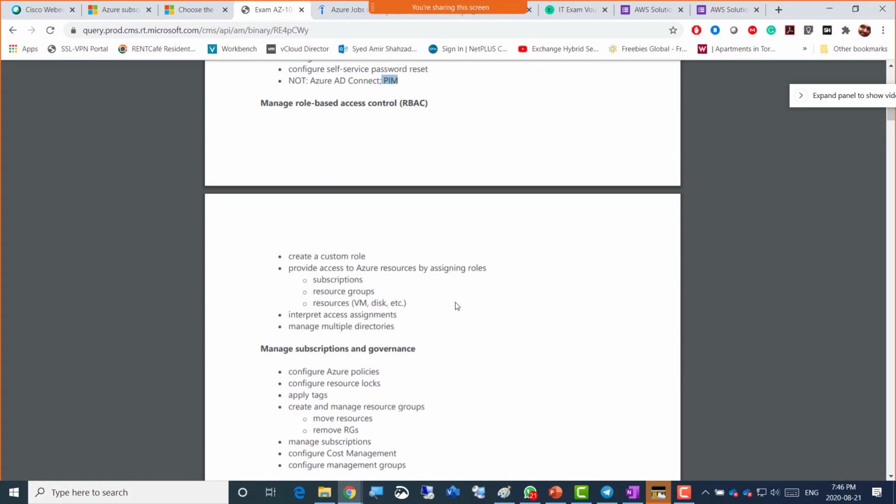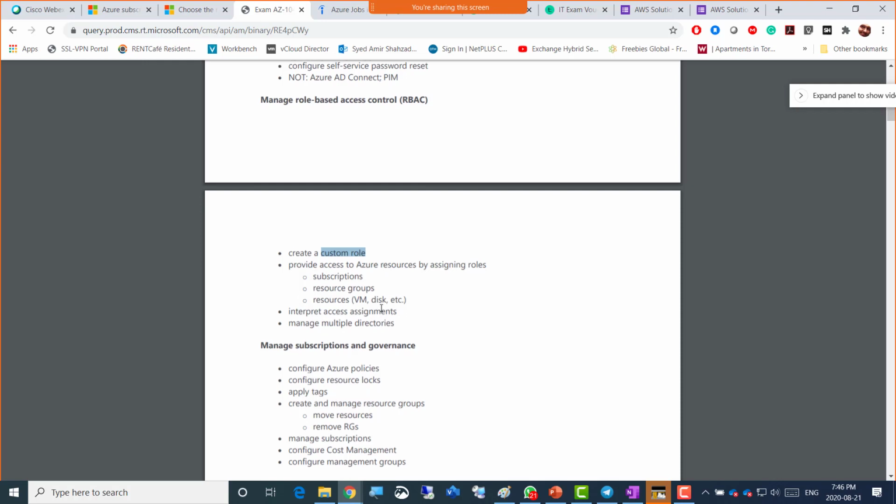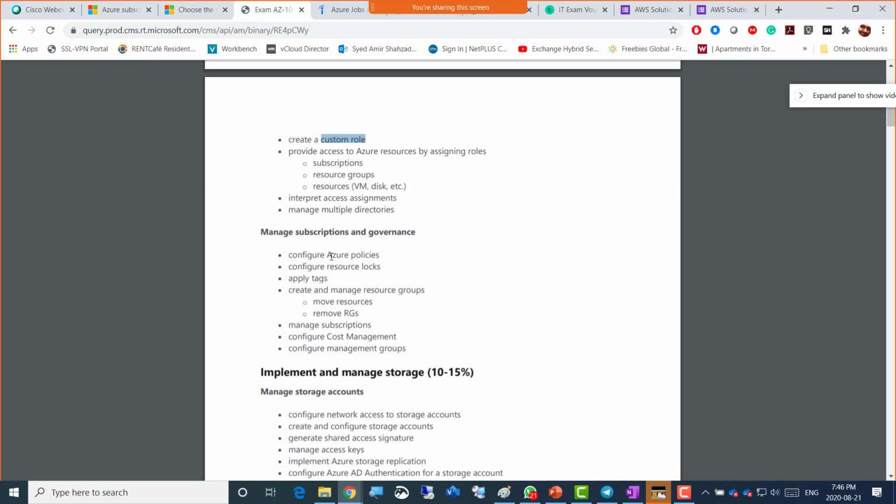And then it says that we will be creating custom roles here. Custom roles are just, hey, you want to be an owner, you want to be a top administrator, or you will be given just the read-only permissions. So all those custom roles are there that we need to create and understand as well. Then there are managed subscriptions here, Azure policies, Azure resource locks. So we're going to be creating a free Azure account there, and